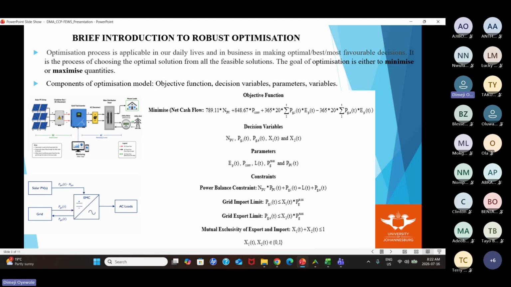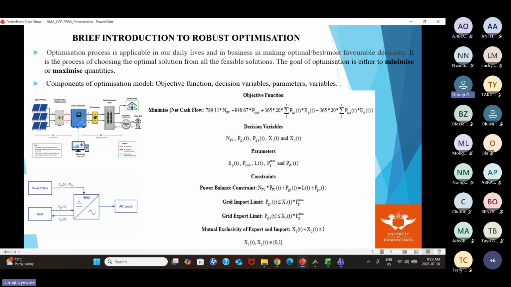So, for example, if you look at what I have here for the first one, the power balance constraint, it tells you that at every point in time, the power production must be equal to the demand and then the export to the grid. Then if you look at the second and the third one, it has to do with you cannot have the grid import and the grid export at the same time. It's not possible. It's either you have the grid import or you have the grid export. So all of these things are things that you have to understand from your system, and then you put them into the model.